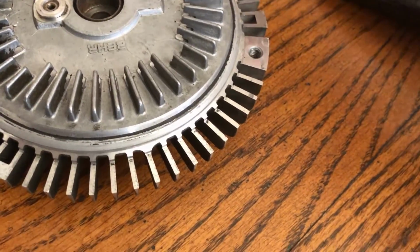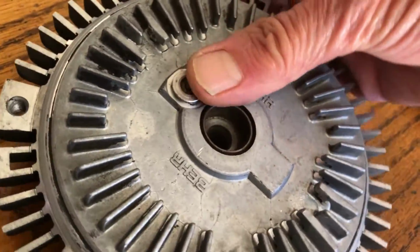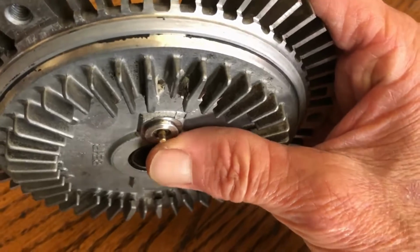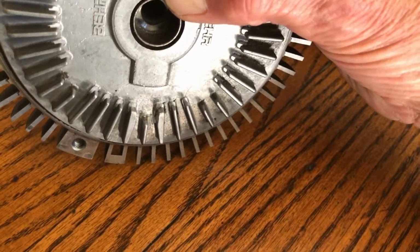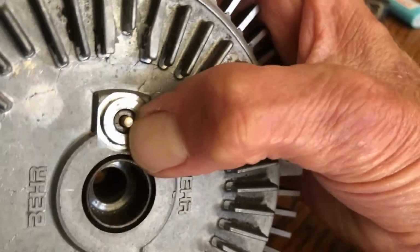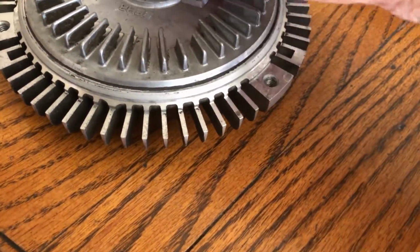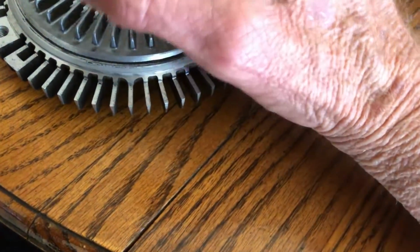is, I think, like a ball bearing spring loaded. And this thing pushes, watch. Hold on, let's see if I can get it. It pushes in and out. Hard to, I'll probably shoot myself with it, but see how it goes up and down. And what that does, when it's down, it's closing off a channel. I guess there's some kind of a galley in here with different passageways for the silicone oil that's filled in here. It releases it so it moves around inside, and as the thing spins,